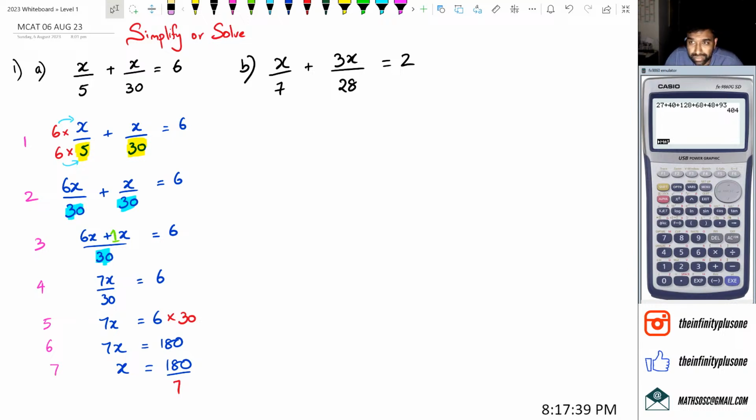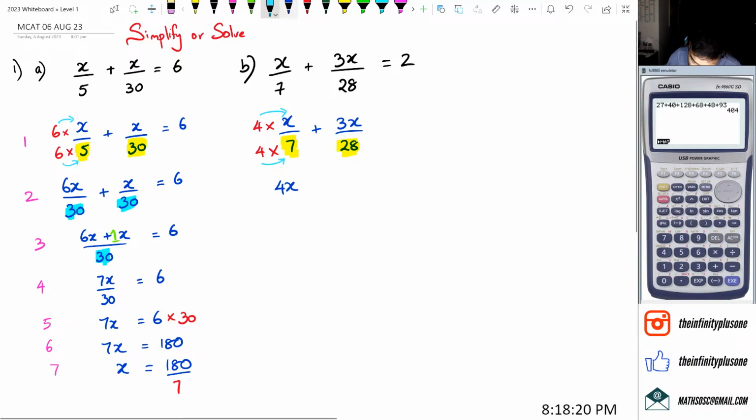All right, so with this question, we're going to have a look at our denominators once again. Here I've got x over 7, and on this side I've got 28. So again, I want to make those two denominators the same. I know that 7 times 4 is 28, so I'm going to multiply the denominator by 4, and I'm also going to multiply the numerator by 4. So with that in mind, I've got 4 times x, which is equal to 4x, and then I've got 4 times 7, which equals 28,